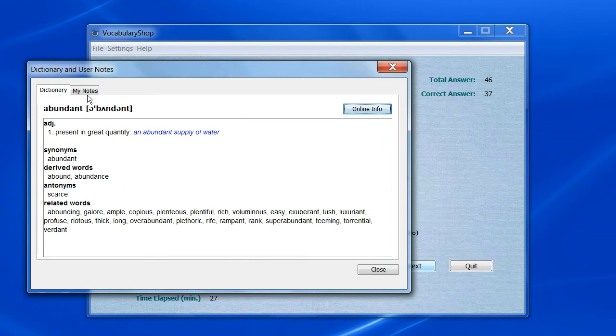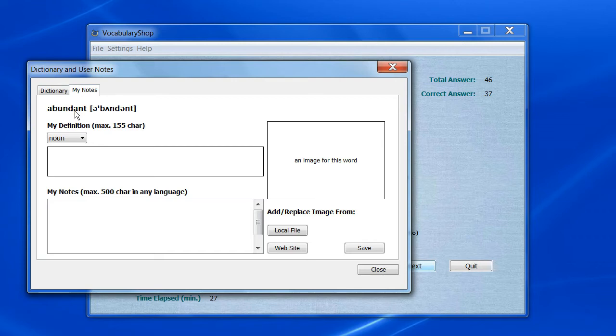Let's take a look at the My Notes tab of the dictionary dialog. This is the My Notes tab. Instead of offering you information, this tab gives you a chance to customize information to meet your personal needs. From the My Definition box, you can change the primary definition of the current word to a definition which is more meaningful to you. For example, you can choose a different definition from the online dictionary and copy-paste it into this box. If this box is empty, then the default definition will be used as the primary definition for your